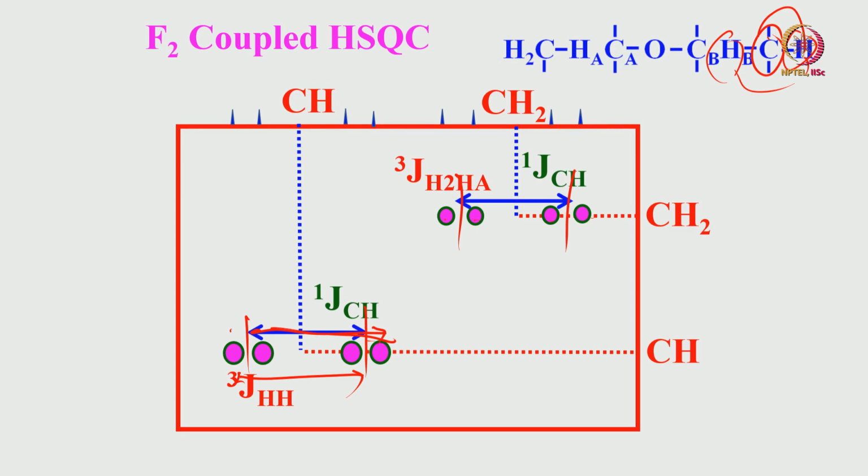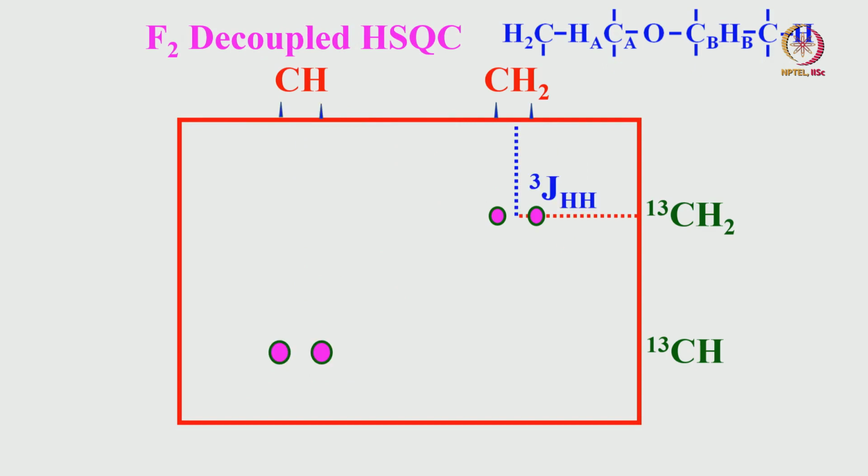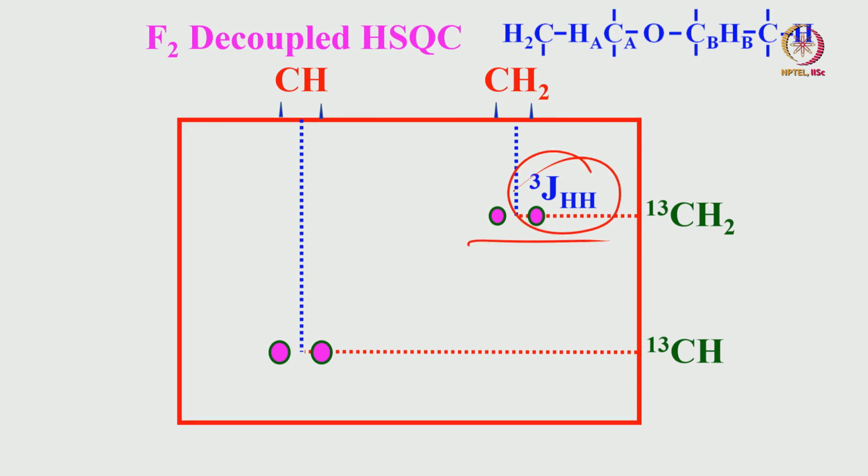Obviously, next is F2 decoupled. What are you going to get for F2 decoupled? You are breaking this coupling. So, exactly these two will come, a doublet will come exactly at the center like this for both of them. Because I am breaking the CH coupling, I am retaining the HH coupling. So, the center of this corresponds to the chemical shift of CH2, the center of this here corresponds to the chemical shift of CH. Go horizontally here, you get the carbon chemical shift of these terminal groups. Okay. So, we know how to interpret the F2 coupled and F2 decoupled HSQC spectra,